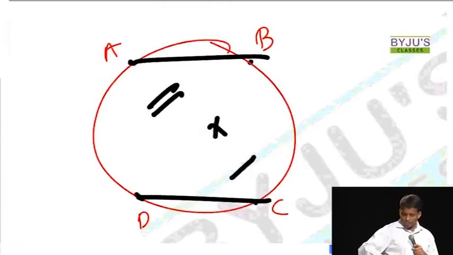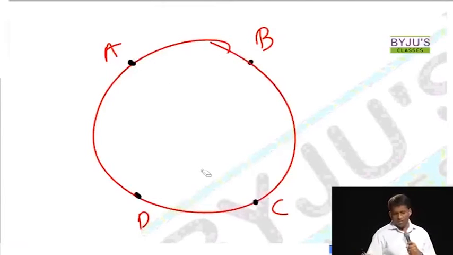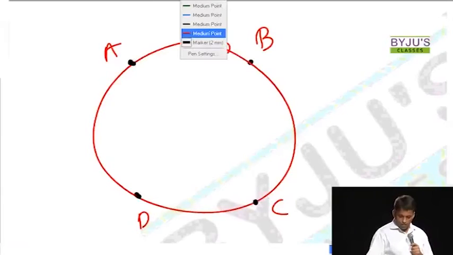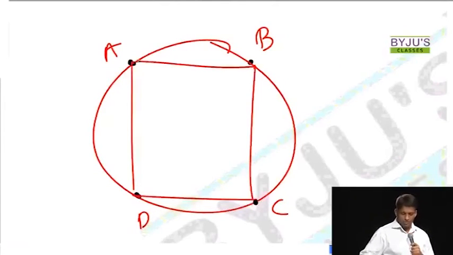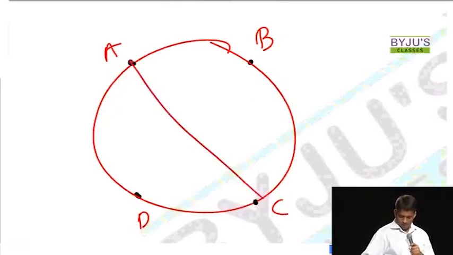Now these are all properties which you can just scan through when you see ABCD on the circle. That is when 4 points are on the circle. Because we already considered all the possible cases, one taking like this and one taking like this.